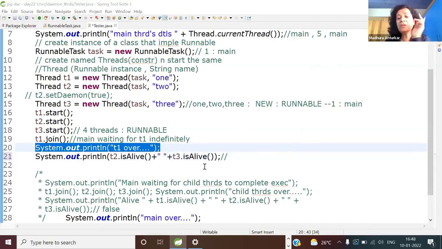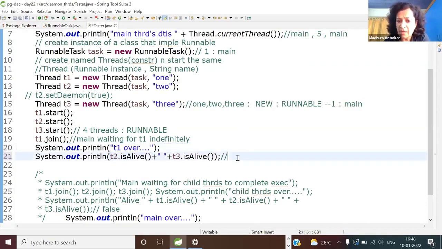T2 dot is alive: you have to give me 2 answers, true or false. Okay, so here 100% T2 will be alive, definitely. For T3, there is a slight doubt because all the threads are running parallelly. So T2 will be 100% alive. What will be the state of T2? Anyone wants to tell me?